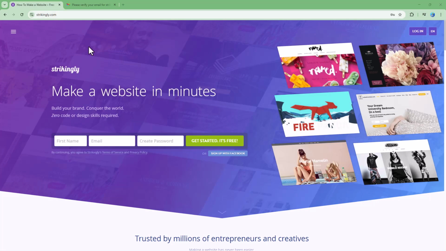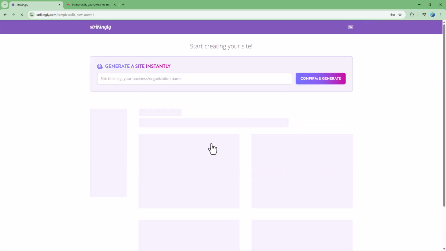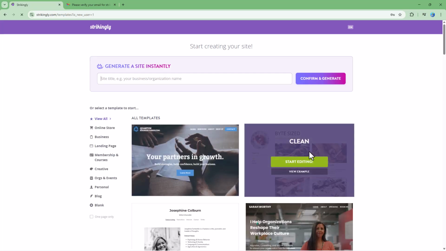Then to make a new account in order to start creating a website, you can go over here and register for an account. Let me enter my email address right here, just like this. You can then create a password as you like and click on Get Started. Once you do that, you can simply click on Start Editing